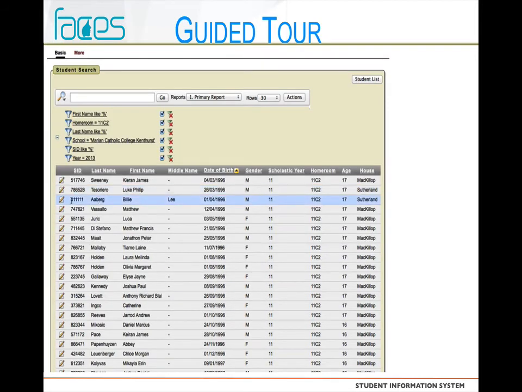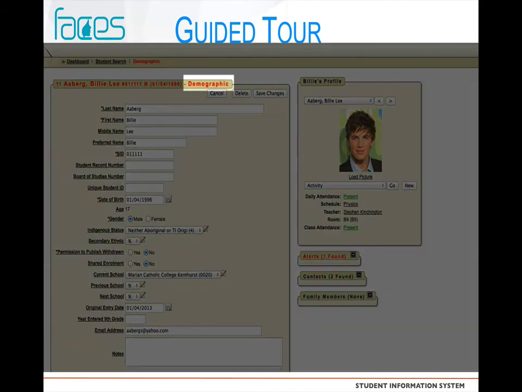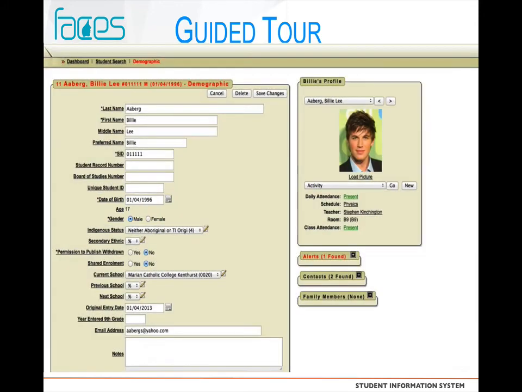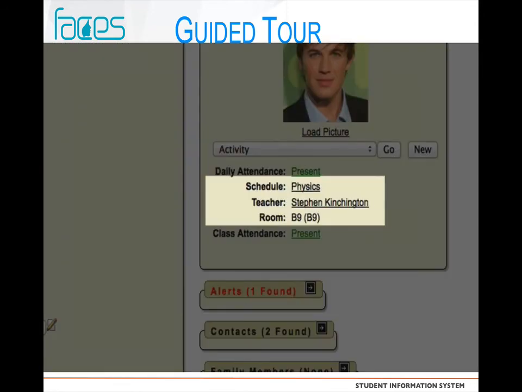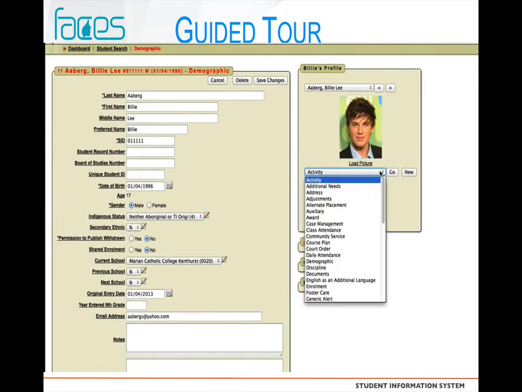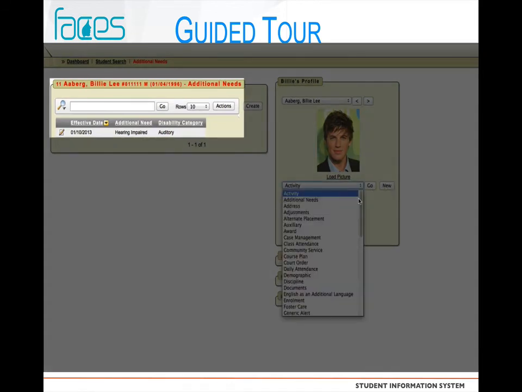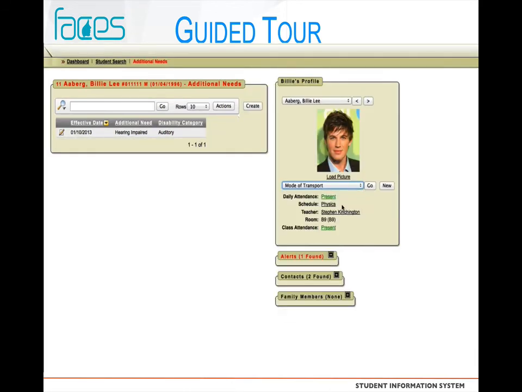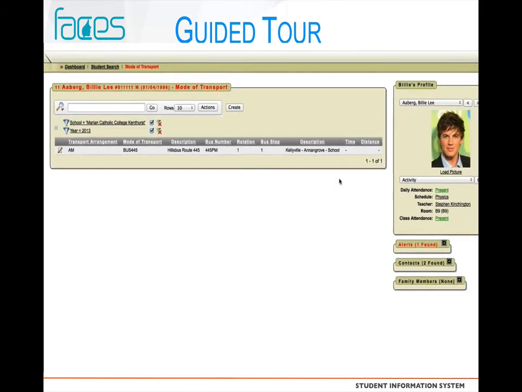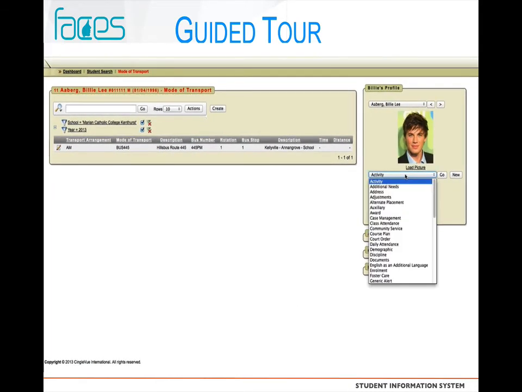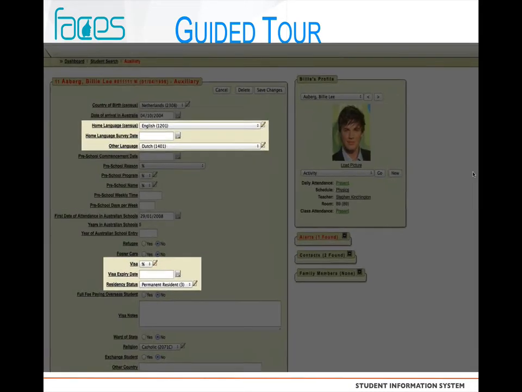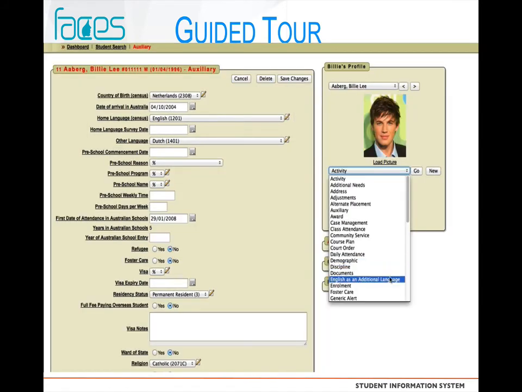When we go into the details for a student, we can see the range of information which is available, including demographic information such as the student identifier, the date of birth, age and gender, the student locator which shows the current class, teacher and room from the student's timetable, additional needs information, mode of transport to and from school including bus routes, auxiliary data which includes language and visa information, ESL background,